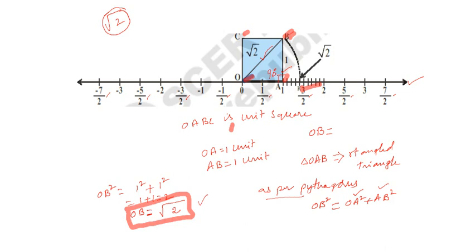Okay, this is the explanation about how to represent an irrational number root 2 on the number line. Okay, now we move to how to draw it in the next slide. Now we may go to how to draw, or how to represent root 2 on the number line. Once again, we move to the next slide.